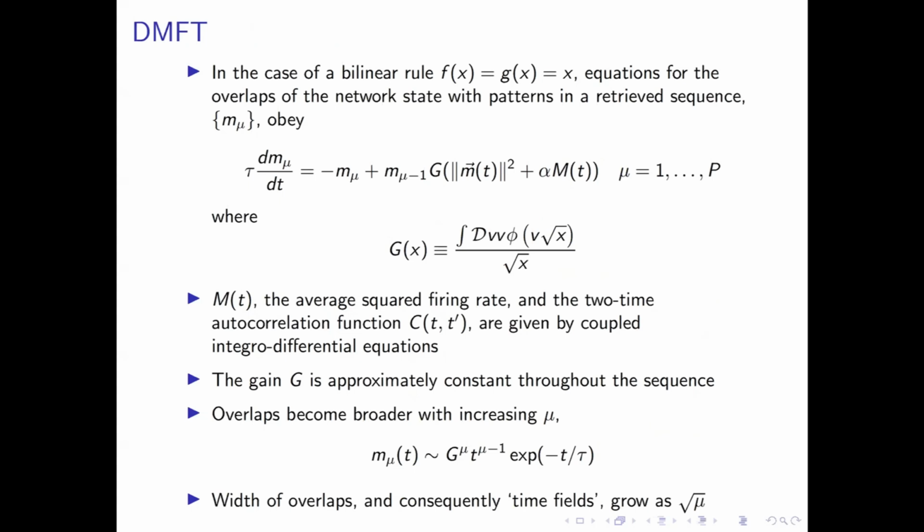So when the network is correlated with one pattern, then it will tend to drive the overlap with the next pattern in the sequence. There is this function here, g, which is a kind of gain function, which depends both on the norm of the overlap vector, the vector of all overlaps, and then here there is a kind of interference term, which is similar to what you have in the Hopfield model, where you have interference between different memories that can affect the retrieval of a particular pattern. Here it's similar, except that this is interference with different sequences that are stored in the network.